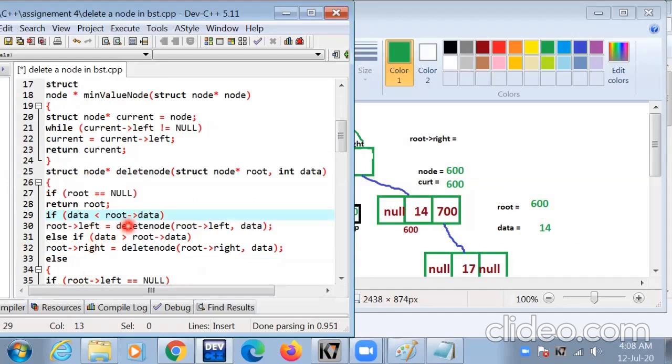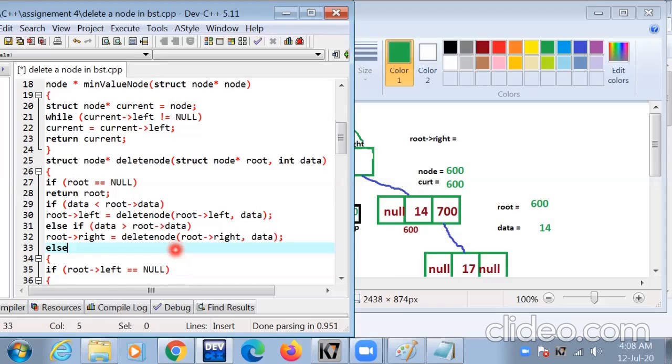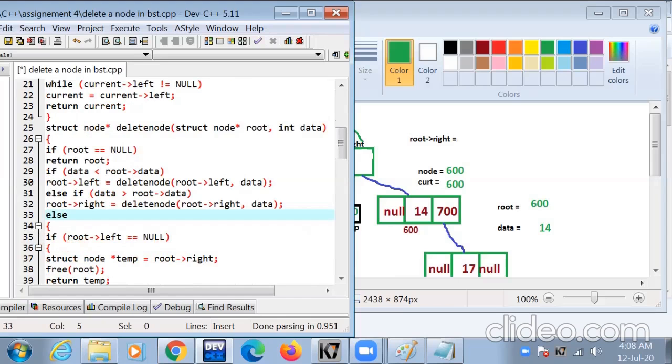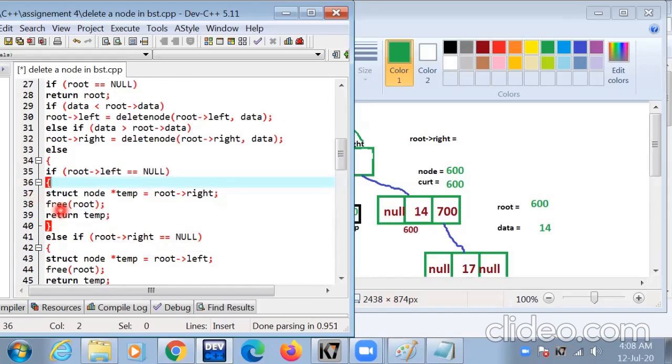Now data less than root data: data value is 14 and root data value is 14. Root points to this node. Condition is false. Then execute the next line. 14 greater than 14, condition is false. Then root left equal to null, root left value is null, condition is true. Then execute this line: temp equal to root right.